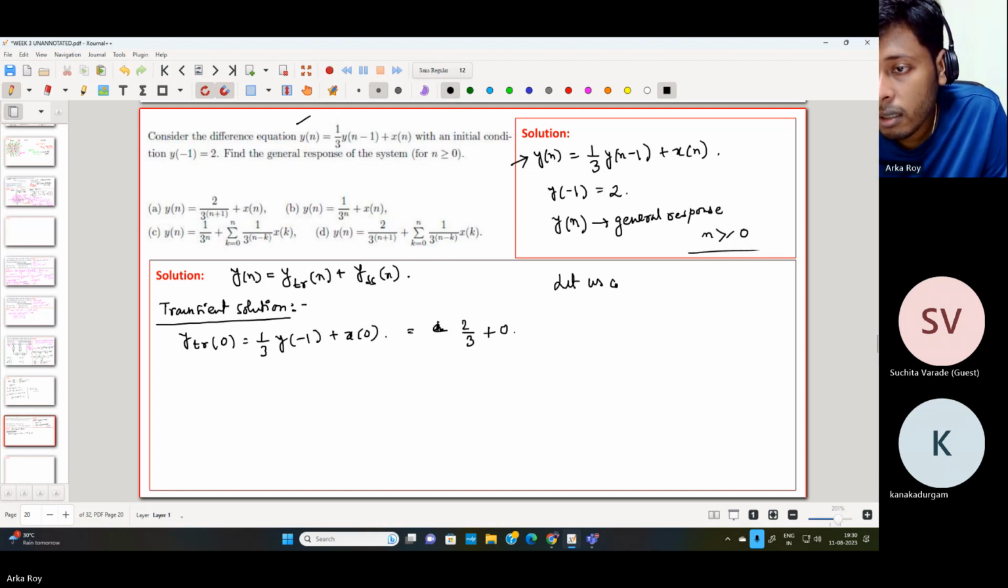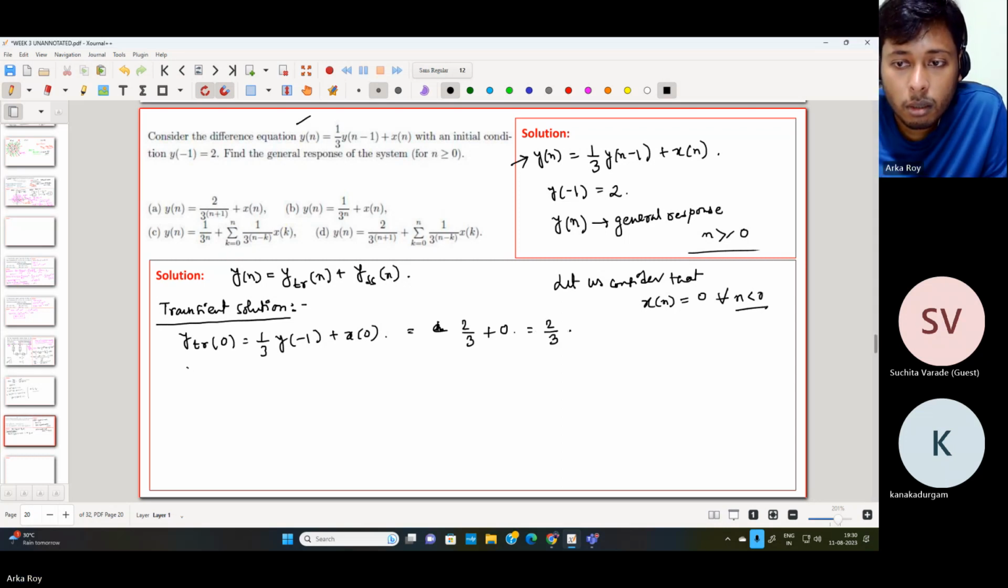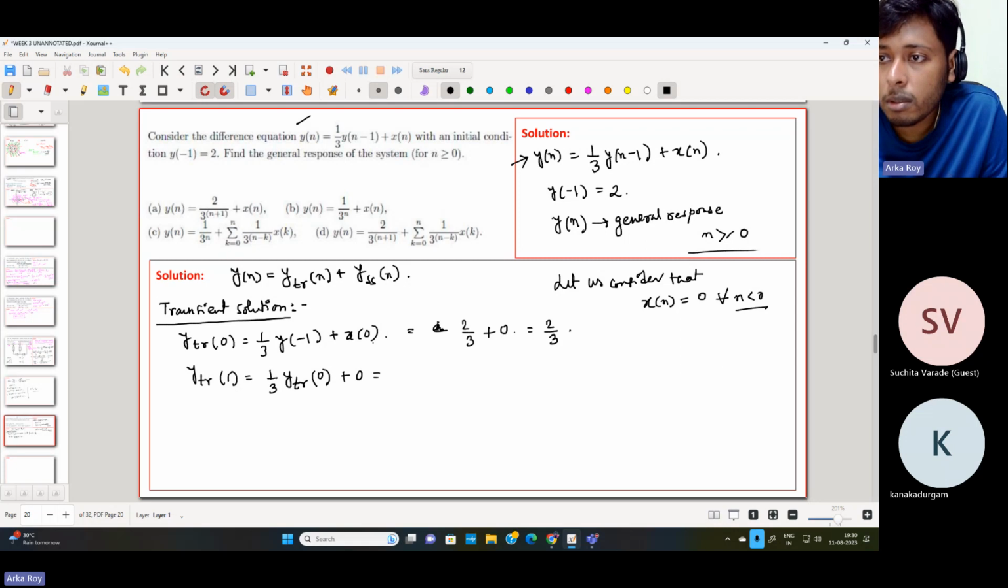Let us consider that xn is 0 for all n less than 0. That means xn is a right-sided sequence. So with this, the output is 2 by 3. ytr1 will be 1/3 ytr 0 plus 0 as because